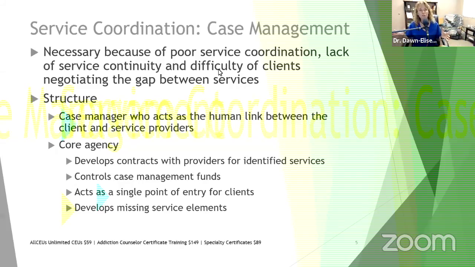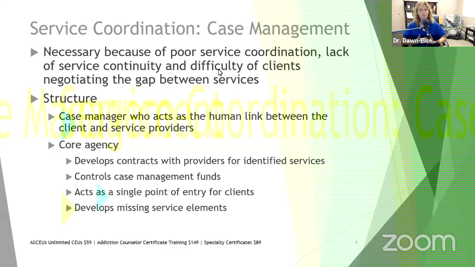We do want to make sure that wherever they come in from initially, they get funneled to a single place, if you will, that can help disseminate things. So we don't have repetition of somebody went to a mental health counselor, did an assessment, now they need to go to a substance abuse counselor and do an assessment and all these other things. So we want to act as a single point of contact, if you will.